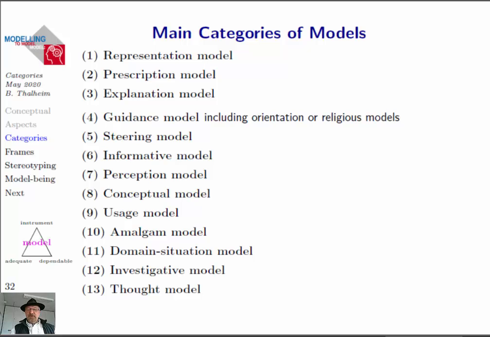Let me now resume the categorization of models. We have been introducing the category of representation models, the category of prescription models. We didn't touch explanation models. We had some thoughts about guidance models and steering models. We should continue with informative models and maybe perception models, and that's it. Conceptual models, usage models, amalgam, domain situation models, investigative models, and thought models maybe can be delayed for a later